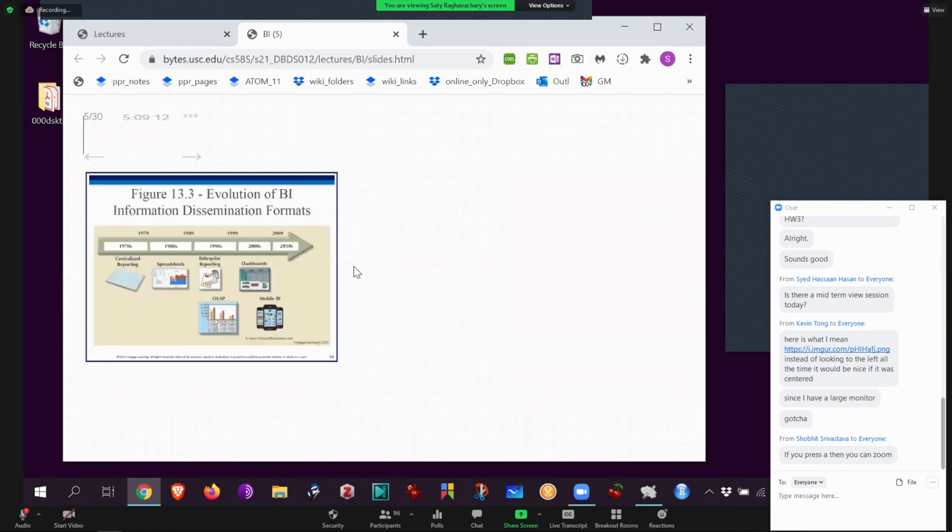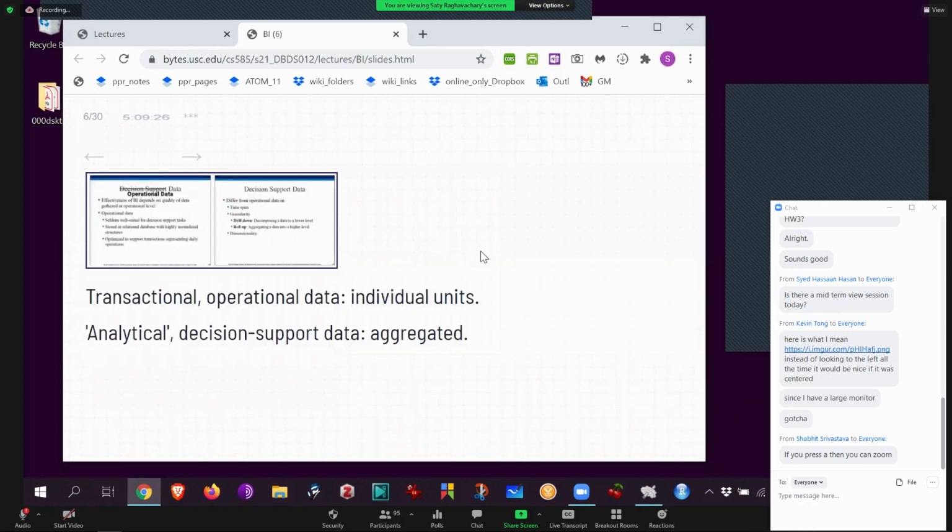It went way back to the 1960s and 70s. People still wanted to know how the business was doing, but it was not that easy to tell. You got reams and reams of just numbers. But now it's on your phone. It can even be animating, streaming, interactive in real time. So that's quite a lot of progress.